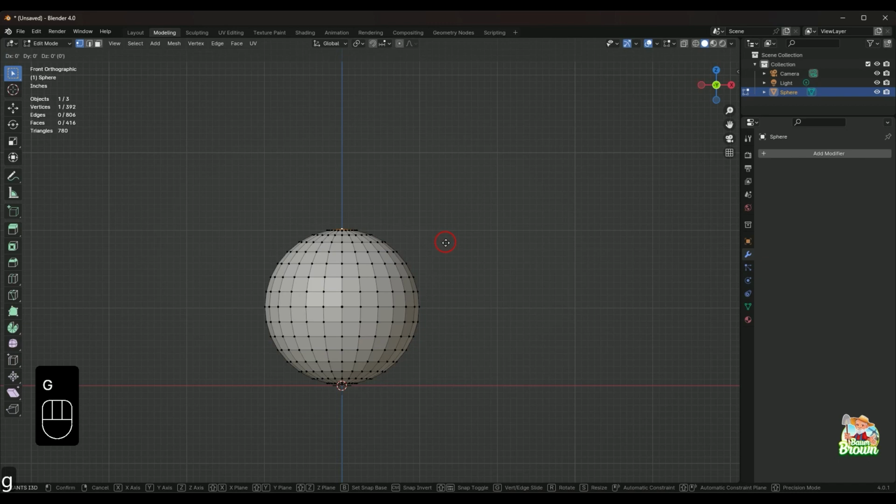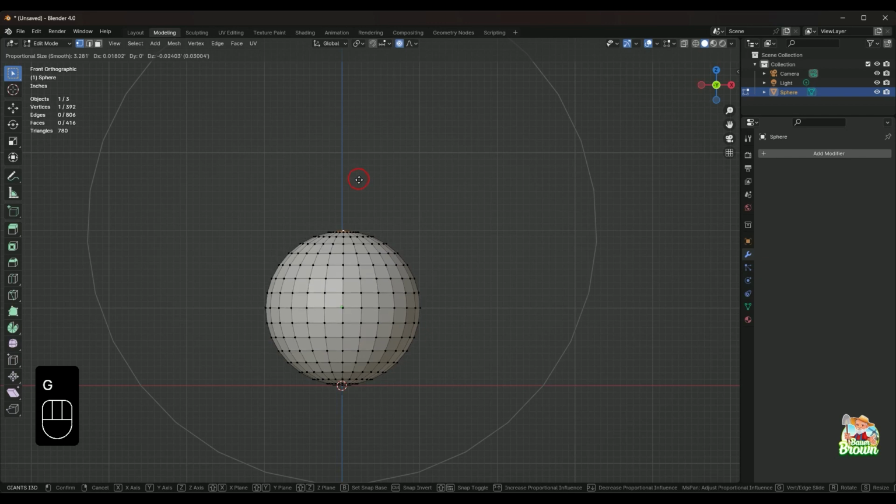So I'm going to hit G and Z, and I'm going to pull that up on the Z axis. Now you can see how I gave it a really pointy spike, right? I'm sure it has a use somewhere in your modeling, but that's not necessarily what I want. So what this proportional editing does, if I do that again, I'm going to push G and then